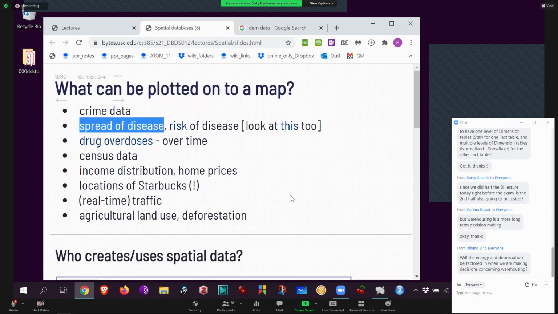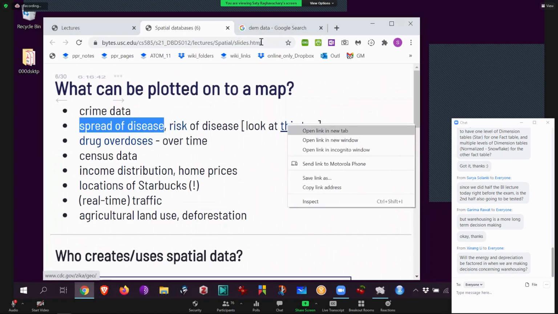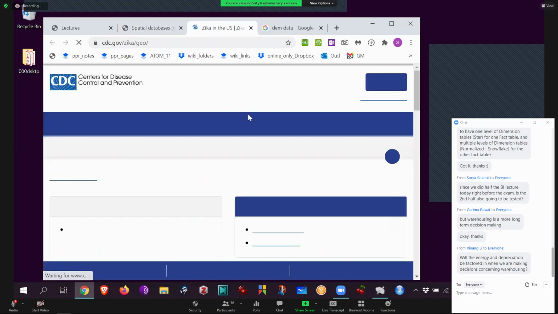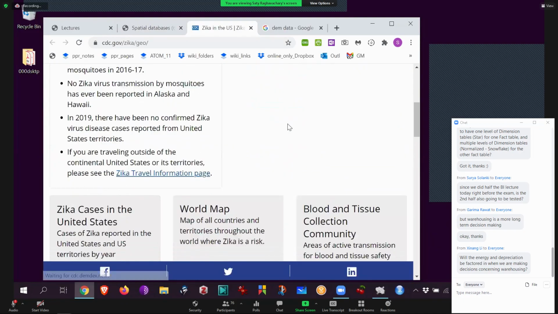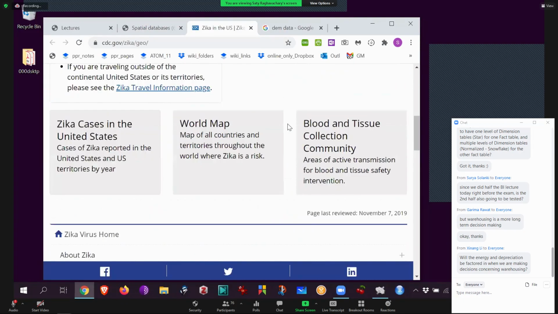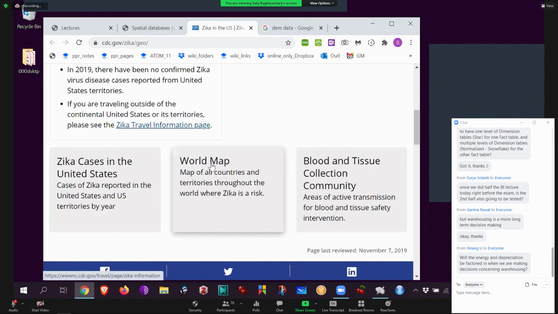So again, in West Africa, when Ebola breaks out, it's very local. Liberia, Sierra Leone, places like that. But then it spreads, person to person, and then the health department goes to all those countries and tries to stop it. It's all about saying what can I do with this data. So this is Zika. I think there's an animation here, so maybe you can look at it another time. But yeah, gradually it's now worldwide.